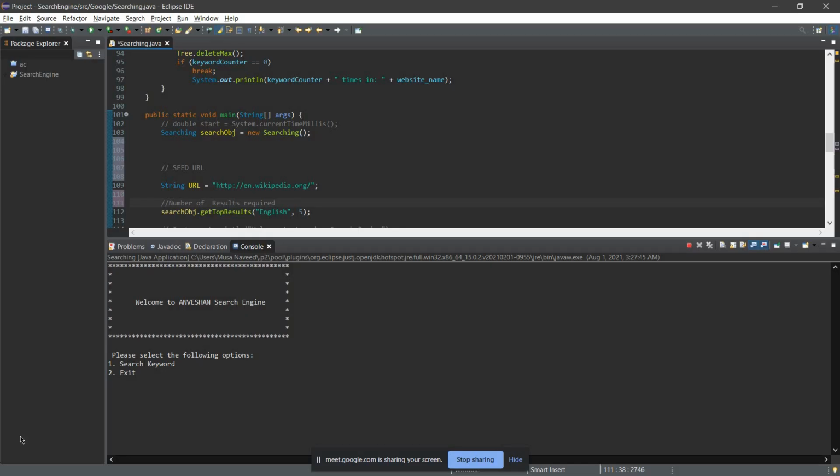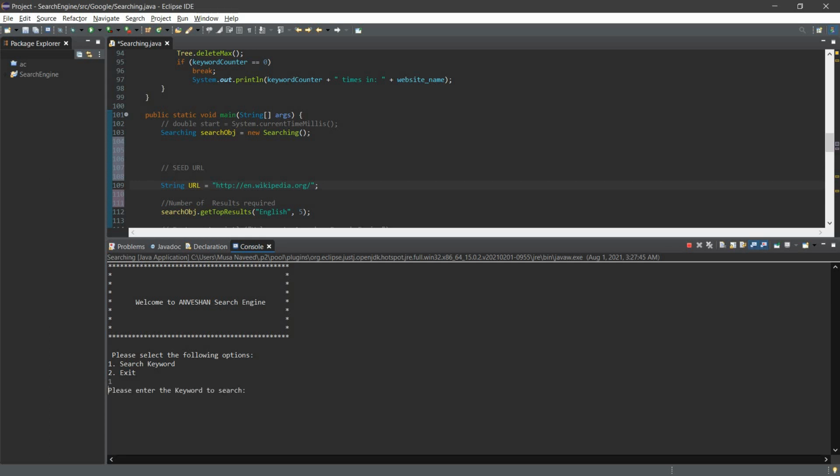I'll take you to my Eclipse, and this is basically how our engine looks right now. Just to be clear, the URL that we're using currently is wikipedia.org, and this can be changed as per the developer's requirements. So let's start.